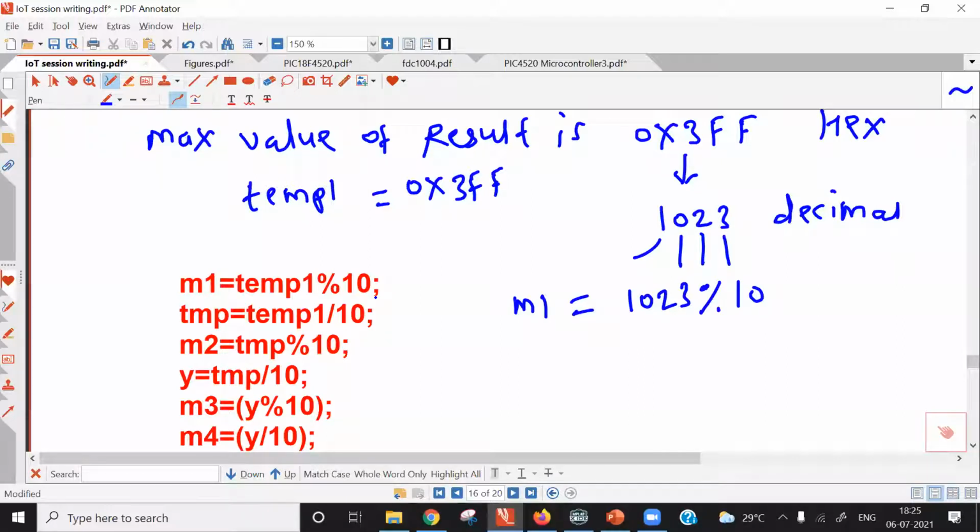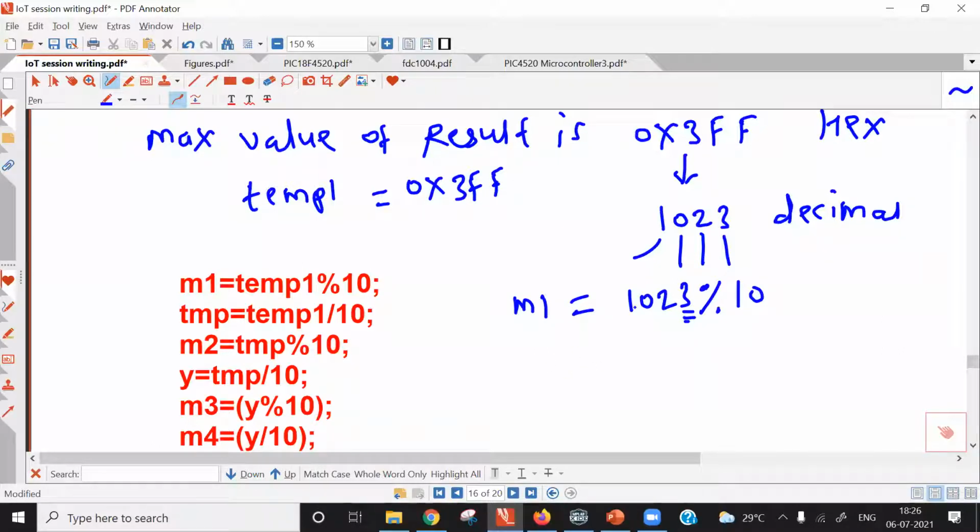When you divide by 8, maximum remainder could be 7. When you divide by 5, maximum value of remainder is 4, and so on. As we are dividing by 10 and division is modulo type, then maximum value of remainder could be 9.